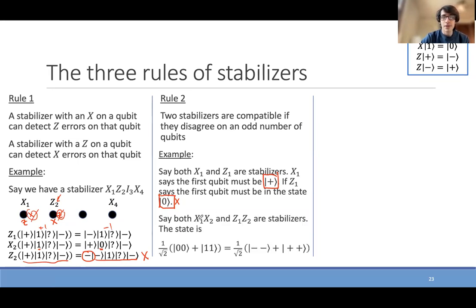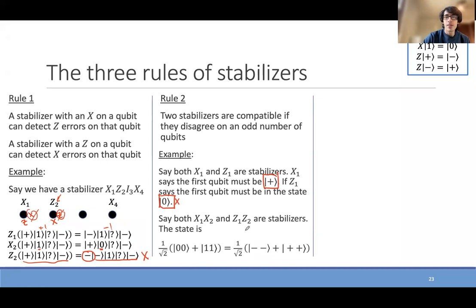On the other hand, if we think about the state X1, X2, and Z1, Z2, these disagree on an even number of qubits. They disagree on X1 and they disagree on qubit 1 and qubit 2. And it turns out that that means that we can enforce them both at the same time. You can check that the state 0, 0 plus 1, 1